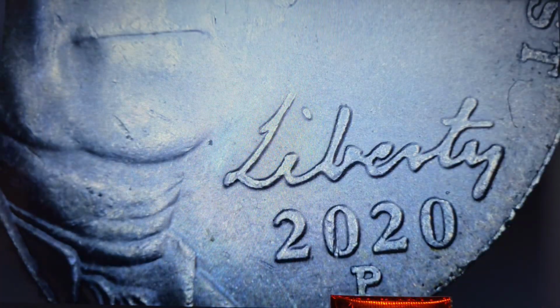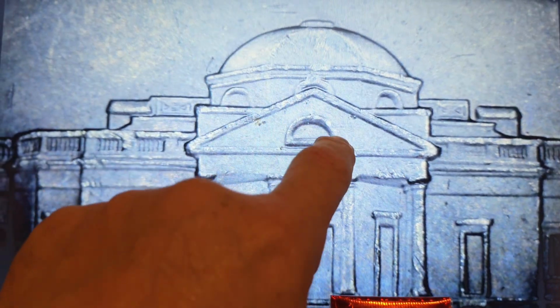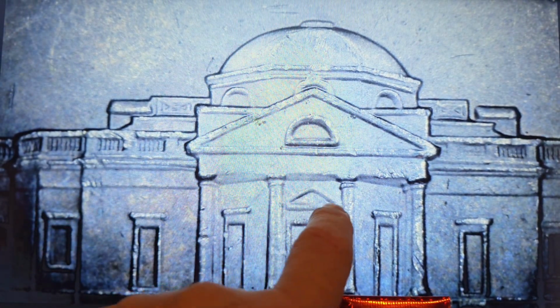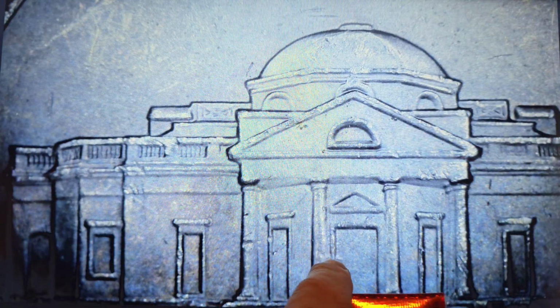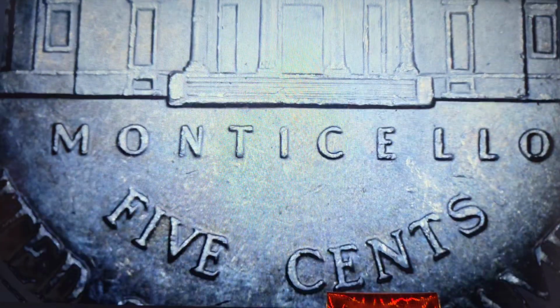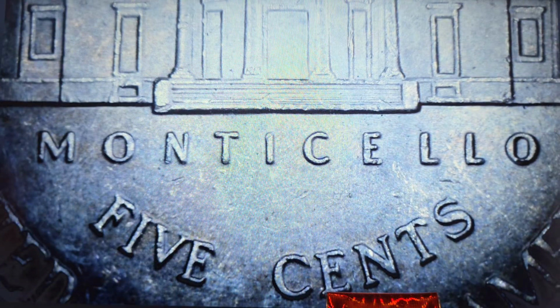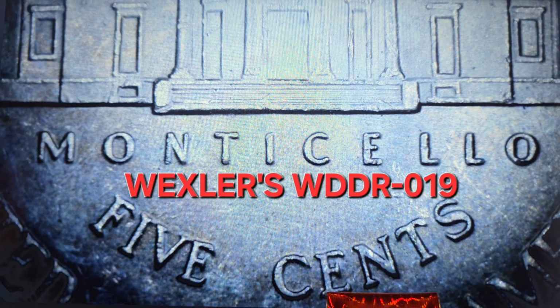This one we have is a 2022, and we have a little bit of doubling right up in here, a little bit in here, and doubling right there, possibly a little bit right there and right there. So 2022 DDR. I'll try to look that one up. If I can come across a find, I will put that information right in there. Okay. And next,